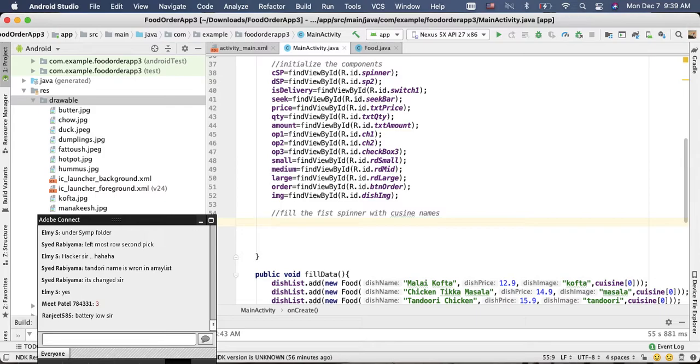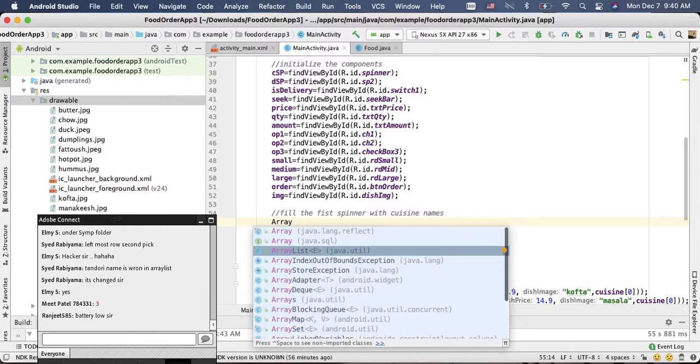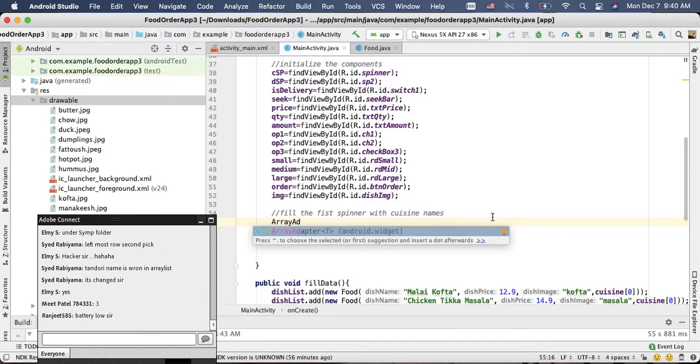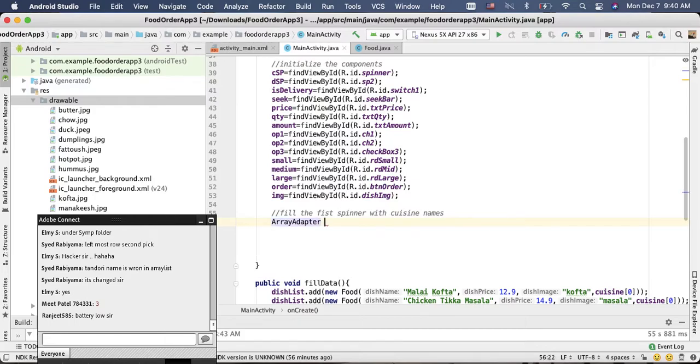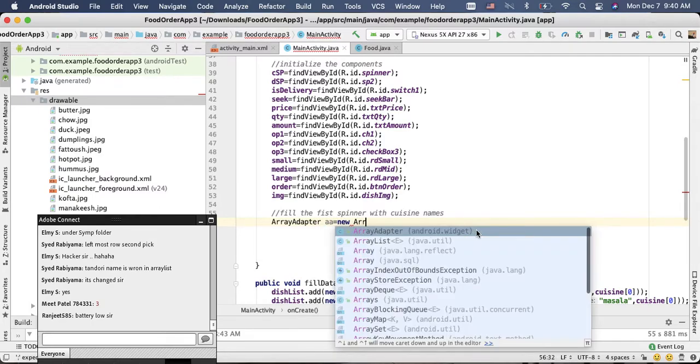We already have the array, so I need the array adapter. Let me call it array adapter AA equals new array adapter